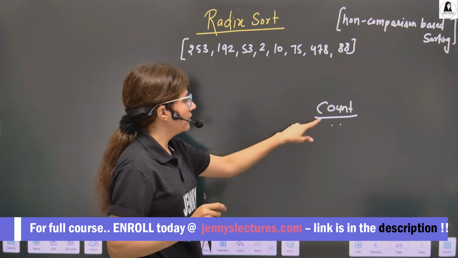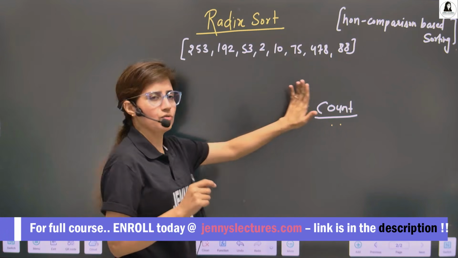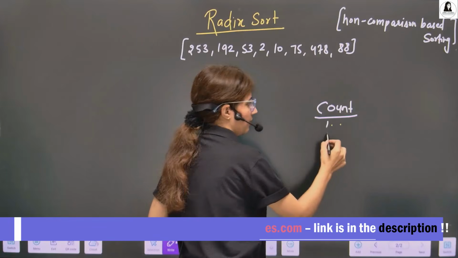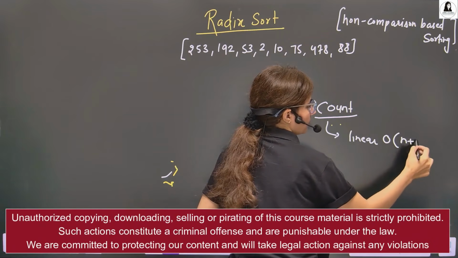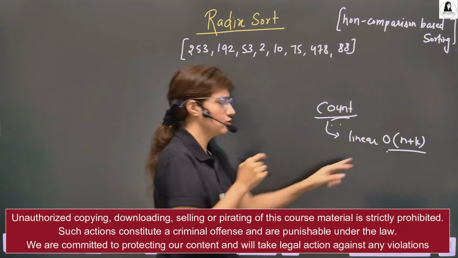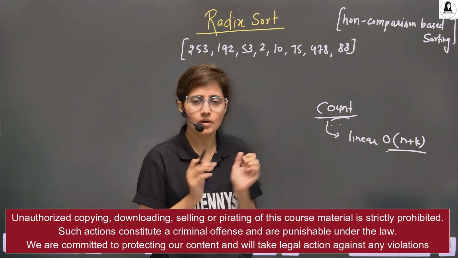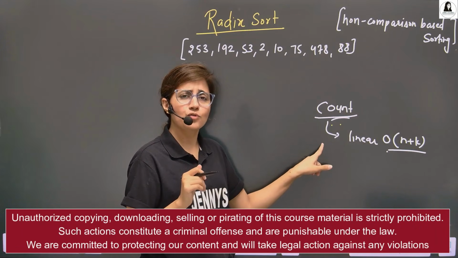Now see, there are many advantages of count sort. The main one is that the time complexity can be linear. The time complexity was n plus k in this case. So it's almost linear, order of n we can write, if k is small. But there are some drawbacks of count sort.